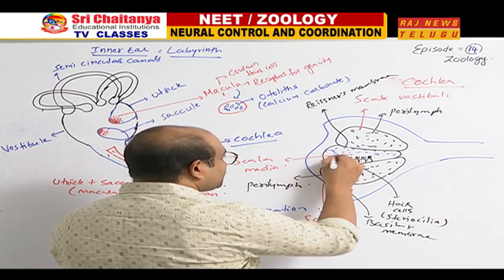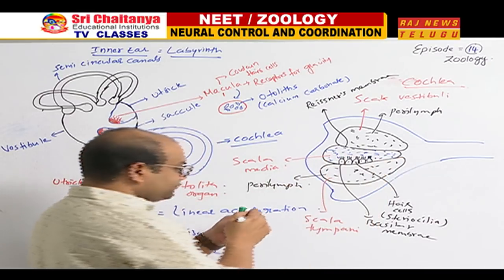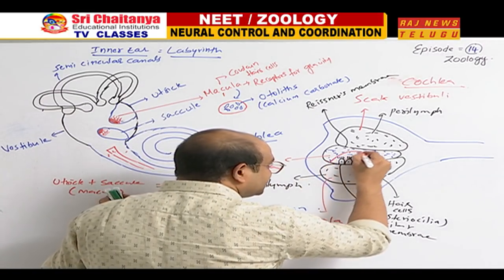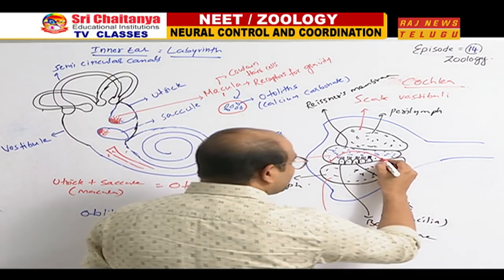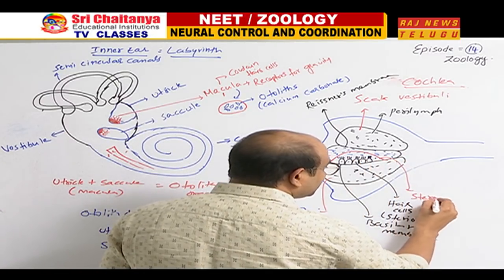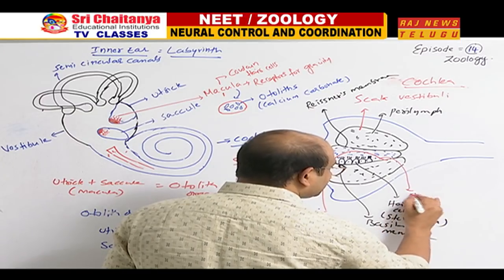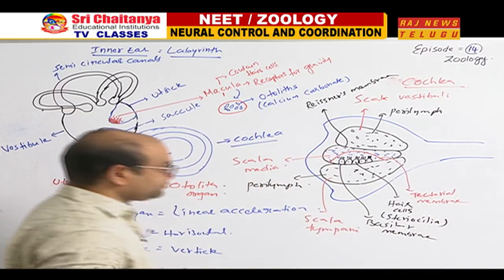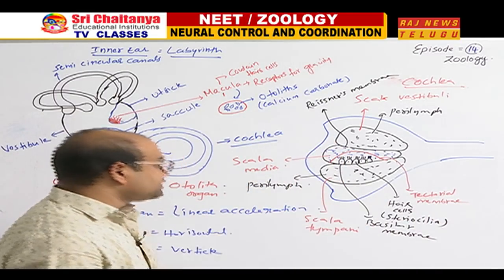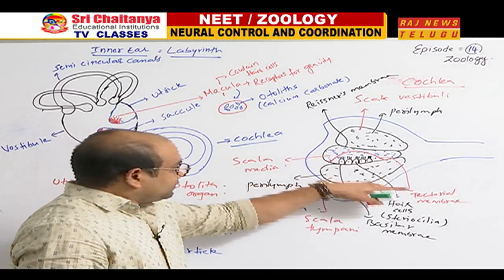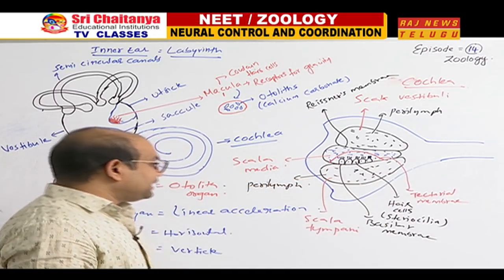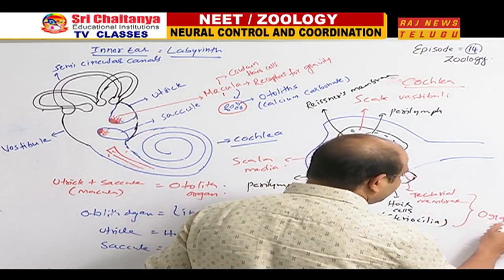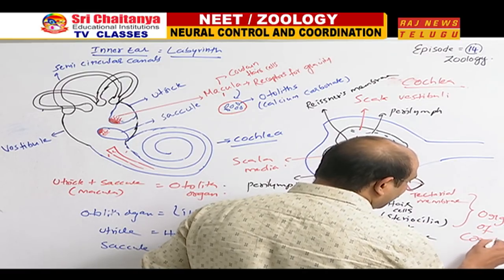Covering these hair cells within the endolymph. See, this whole thing is occupied by the endolymph. Within the endolymph, there is an elastic membrane present. This red color, this is that elastic membrane. That elastic membrane is called tectorial membrane. These hair cells, stereocilia, tectorial membrane that is located over the basilar membrane is said to be the most important part, organ of Corti.